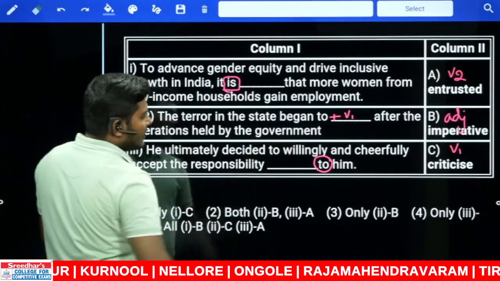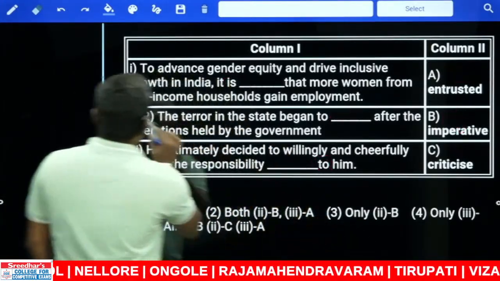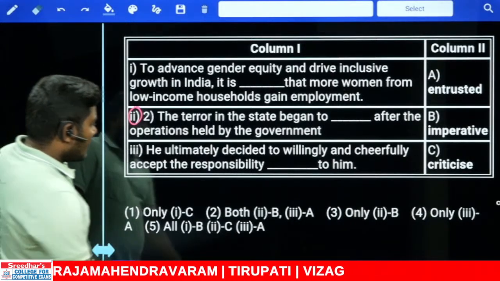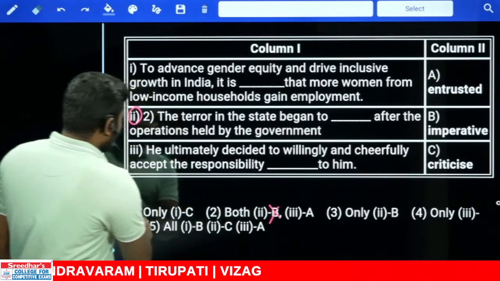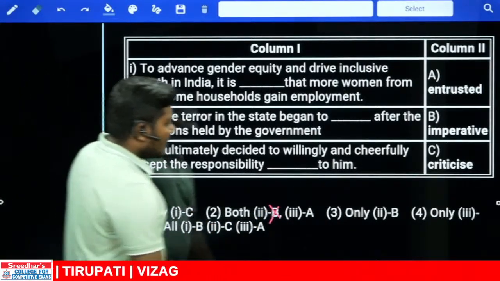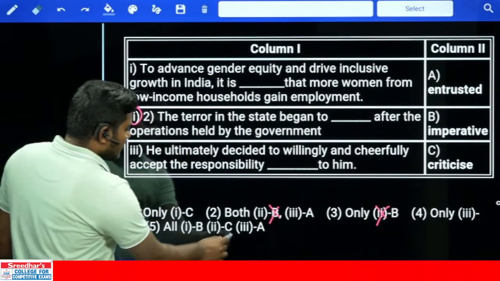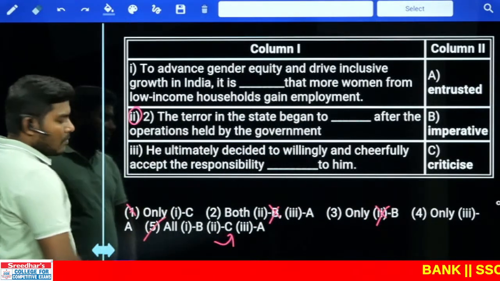2 should be paired with C. Now this second Roman number should be paired with C. Where is the second Roman number used with C? Here second is used with B. In the first one there is no second C, and in the third one second B is given. Next, in the fifth one second C is given. So our answer should most probably be the fifth one.